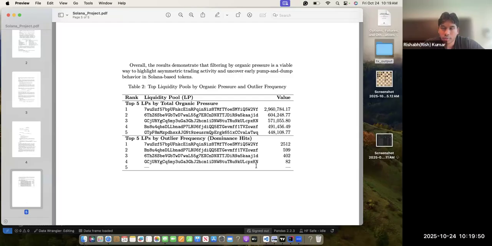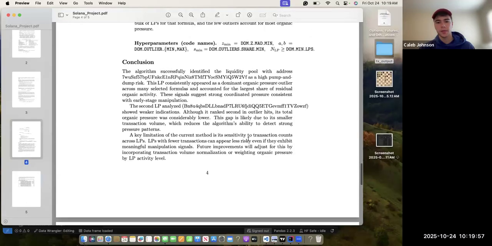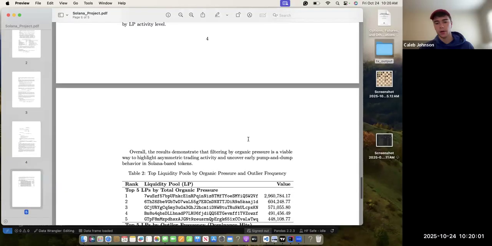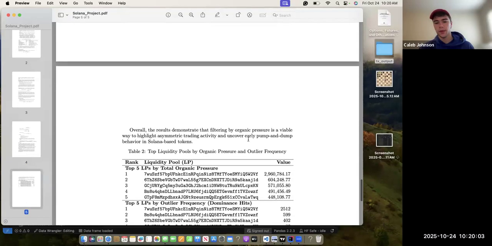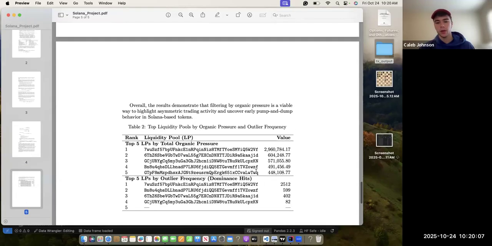But yeah, if Bogdan wants that, we could do that as well. Maybe what I can do is add to my conclusion a little bit and give a little more detailed ideas about how to, like you said, standardize based on amount of formulas and maybe even amount of transactions.